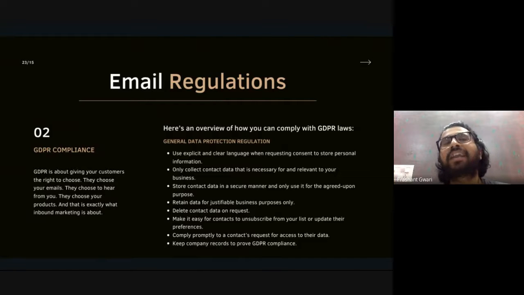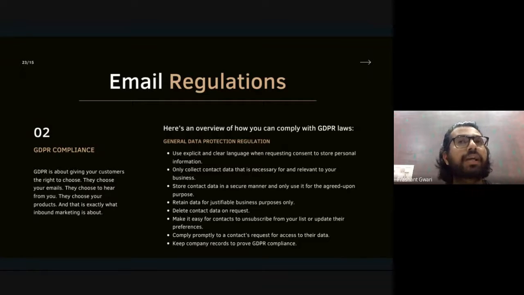That's why all the websites have a terms and conditions and a privacy policy page. Whenever we create an account on any website, I don't know if you ever noticed, whenever we type our email ID, phone number, and create a password, they have a small tick option where you have to tick, and the text written there is to check this box to comply with the terms and conditions.